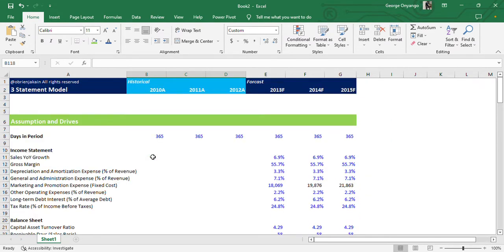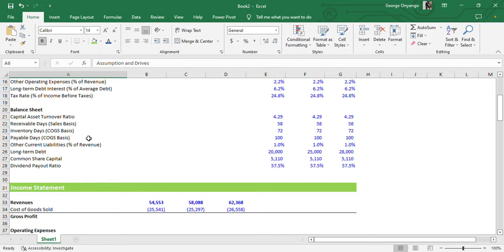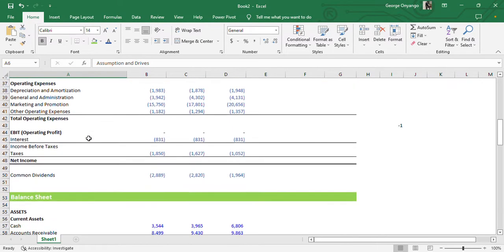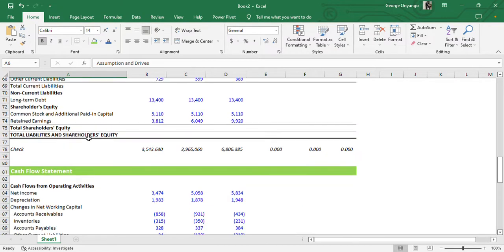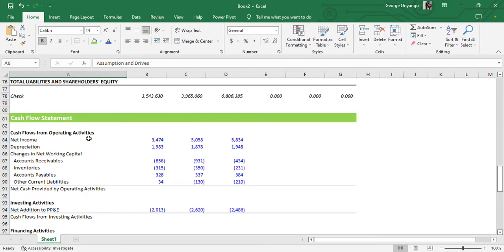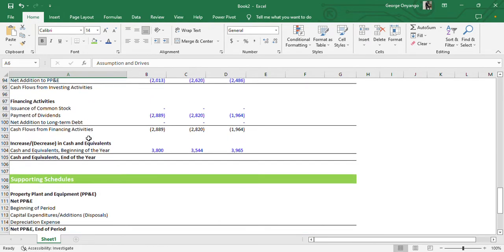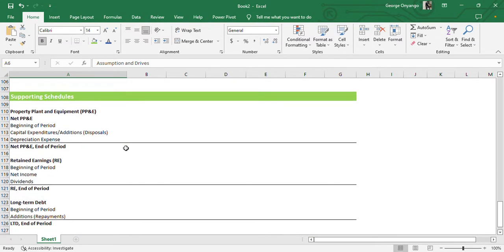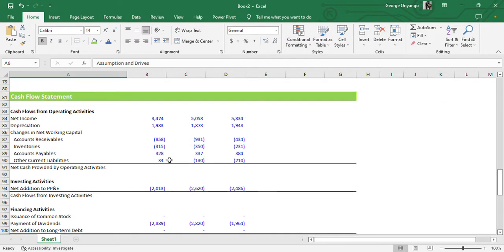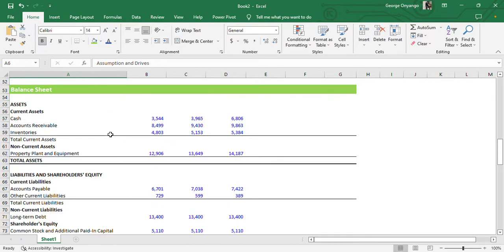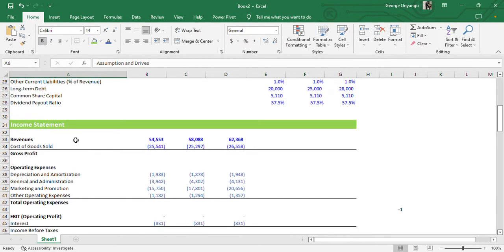And from here you can see I have a model which has the assumptions and drives, income statements, balance sheet and cash flow statement. And apart from the three above, we also have supporting schedules. But the main three financial statements we are going to talk about are cash flow statement, balance sheet and income